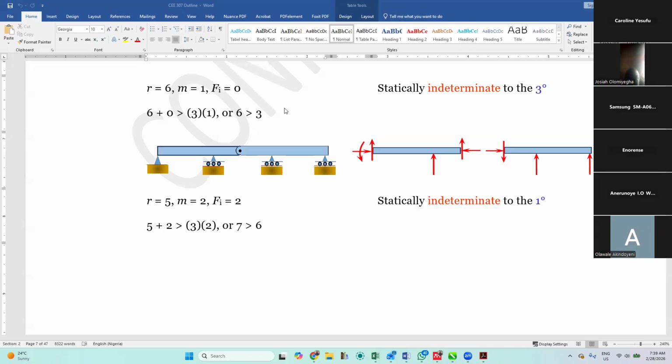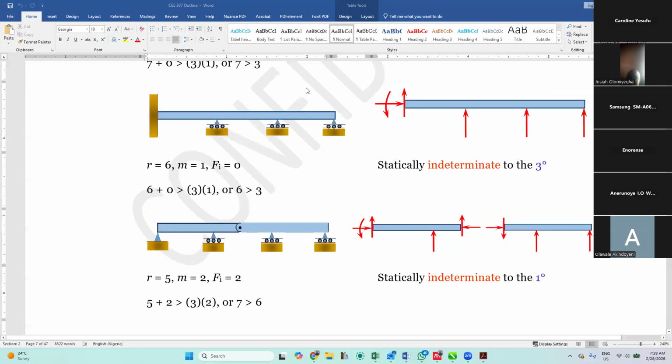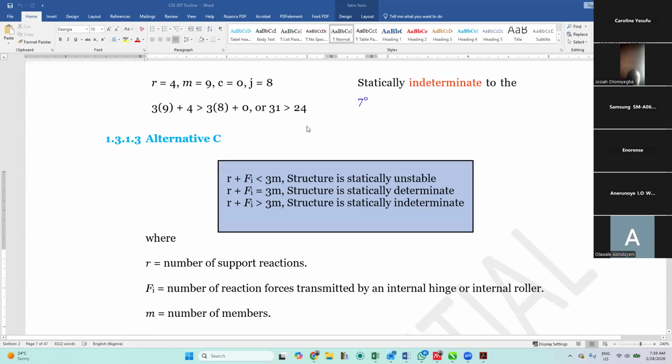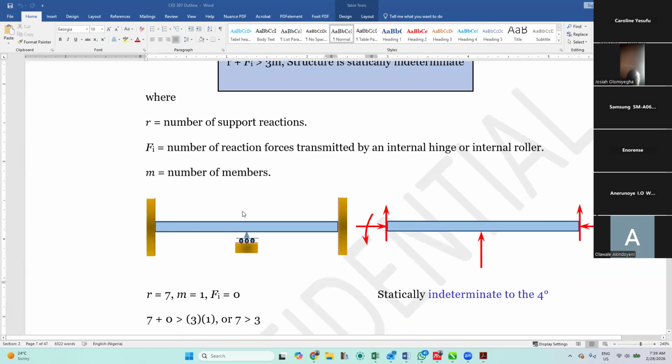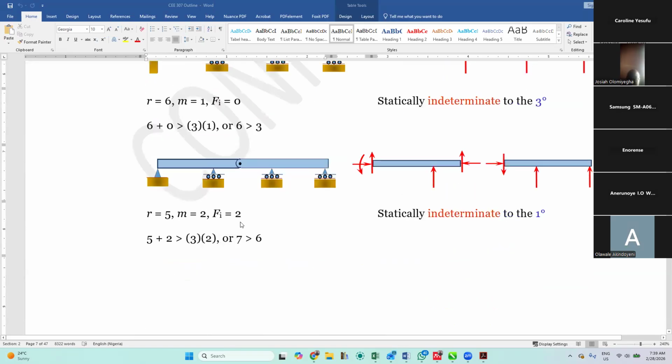Now, as I was saying, the number of reactions here, we have 2 here, 1 here, 1 here, and 1 here. That's 5 altogether. But the number of members is 2, because we have a pin here. And because we have a pin, we said something the other time, that when we have a pin, the number of reaction forces transmitted by an internal hinge or roller, that's F. Now, for this particular one, we have